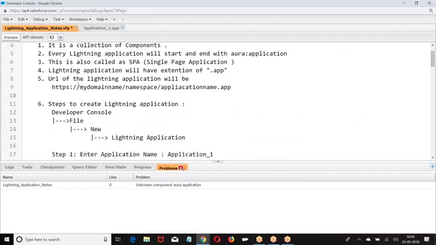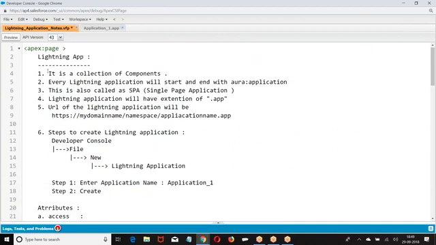Let us go to the next one. Somewhere I have used Jira colon application, right?